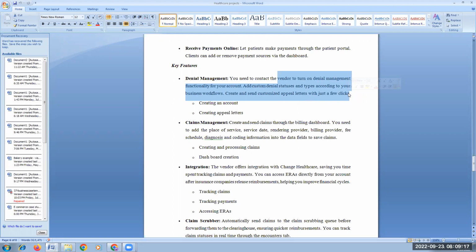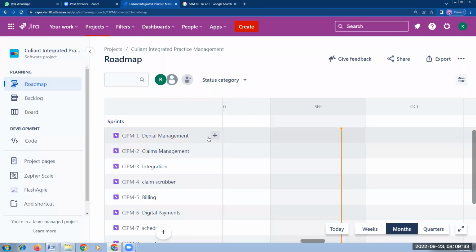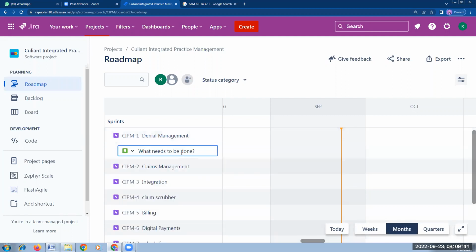So what do we have to do? We need to contact the vendor to return the denial management functionality for the account. Here, what we require is creating an account. This is being managed by admin. Now, we need to write a functionality as a user story by clicking here, create child issue. Just click on it. As an admin,